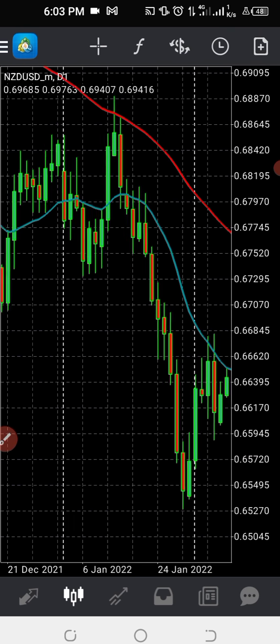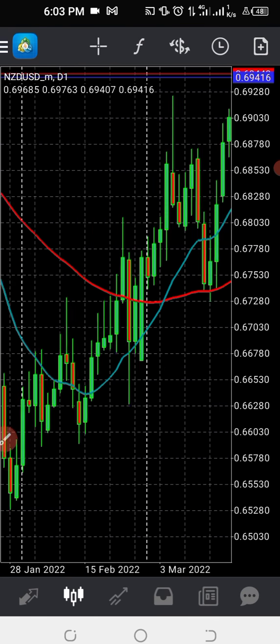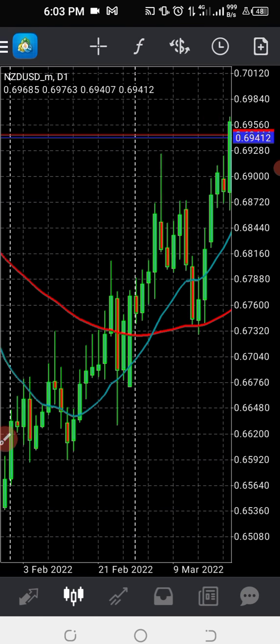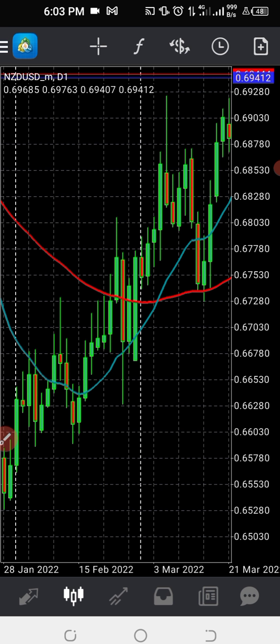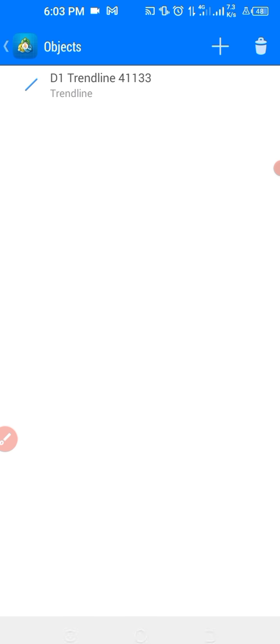As you can see, this way round, it is a downtrend. This side is an uptrend. For you to properly identify these areas, you have to draw your trend line. And to draw your trend line, you tap your screen. When you tap your screen, this kind of thing will show. Immediately in between the plus sign and the M1, there is a toolbox. So you tap that toolbox and